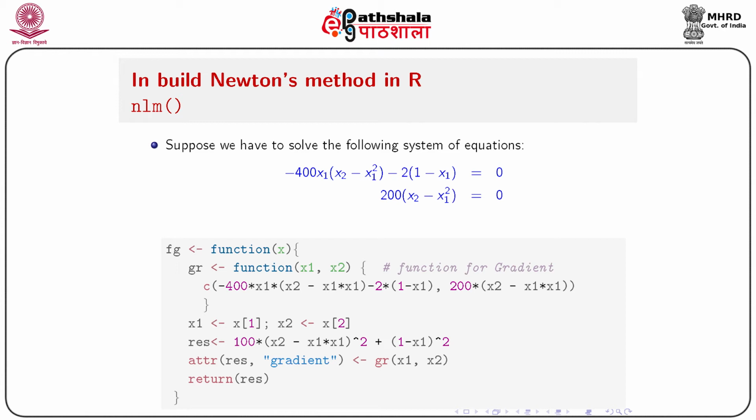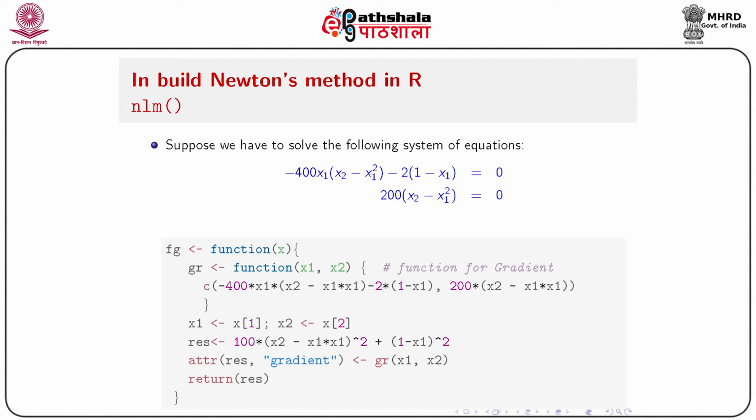The gradient should be passed as an array of 2, that is gr is a function of x1 and x2. The first term can be written as c(-400 times x1 times (x2 minus x1 squared) minus 2 times (1 minus x1), and the second term is 200 times (x2 minus x1 squared), and that is the gradient function